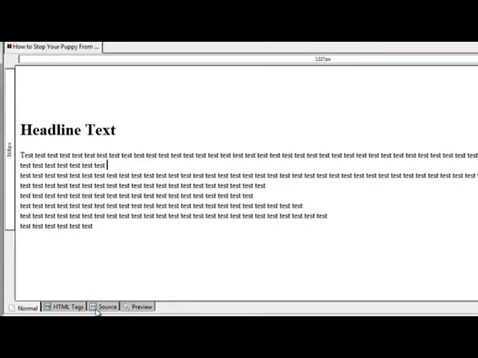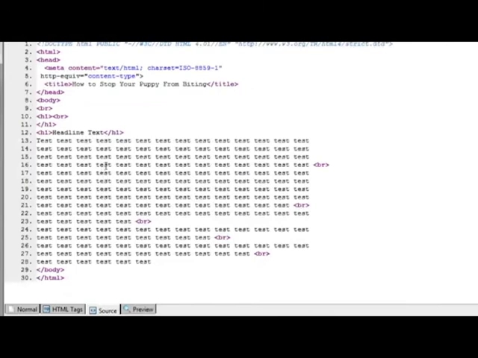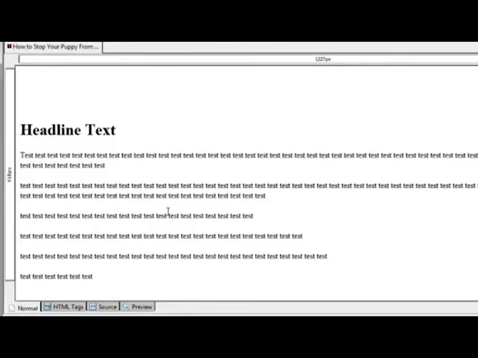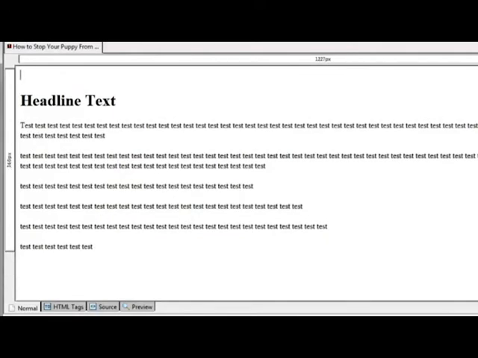If we go back to the source tab and we say, okay, it had a break, but we want an additional break to create kind of an empty space or a line in between these paragraphs, then all I have to do is add 2 breaks connected to each other. There we go. Obviously, adding breaks is very easy, and when I go back to the normal view, I'm able to see that. So, like I said, for the majority of cases, you can use a